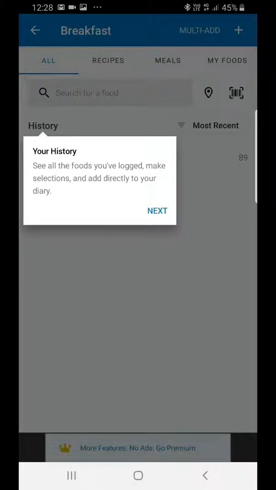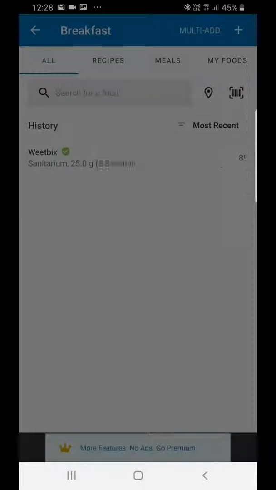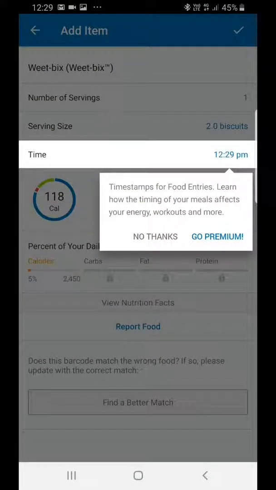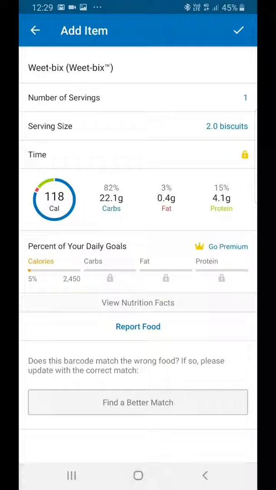So I'm going to hit this barcode here. Get rid of that. Hit the barcode. And we've got the Weet-Bix, so you need to line up. There you go. So we've got our 2 biscuits. Obviously, if we're going to change them,